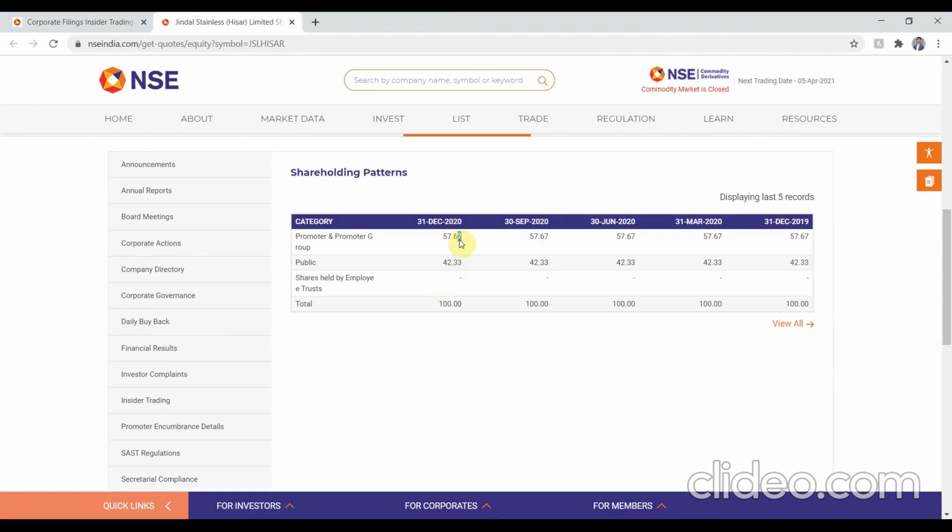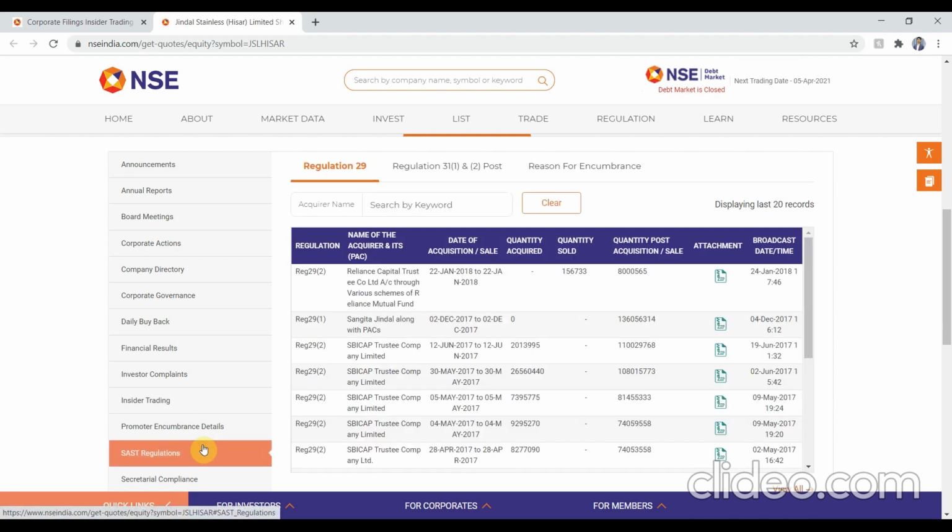So, the latest shareholding is greater than 50%, as you might notice. Let's check the selling in the SAST regulation. The latest selling that has been reported was on 24th of January 2018. So it's more than 2 years. We were looking for only 6 months. So there is no selling in the last 6 months, and it passed the filter once again.